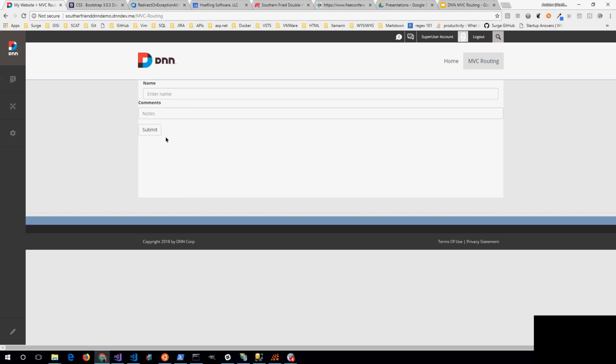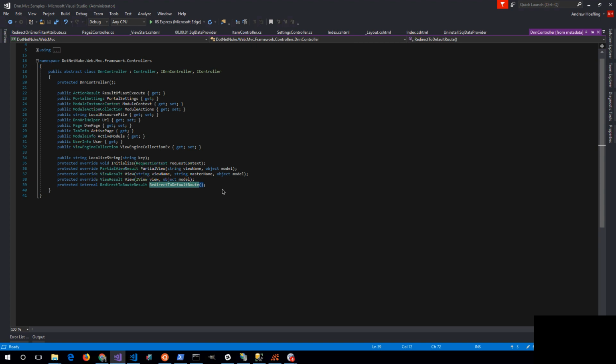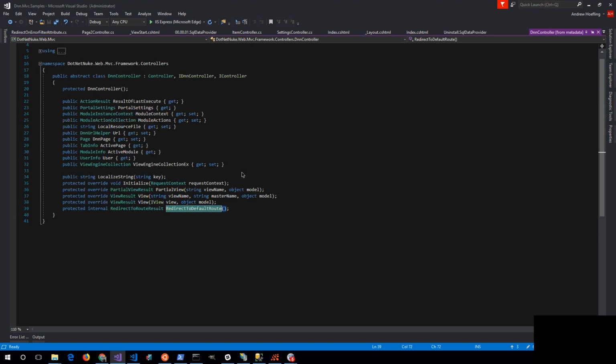But the thing that I noticed with any MVC module is everything's wrapped up in a form. When I click this submit button, it's going to trigger this HTTP post action that I have here. But originally, the only real control that I had, if we look at the DNN controller, to do any type of redirect logic, is redirect to the